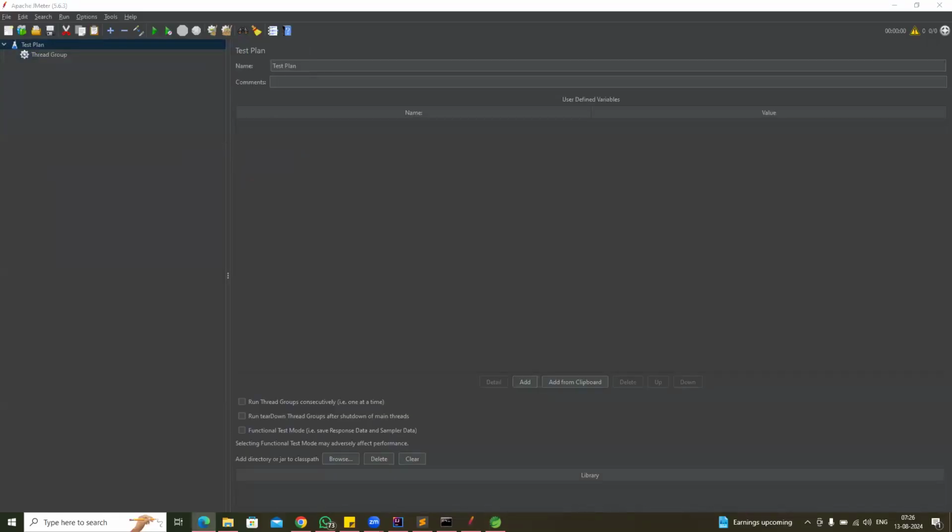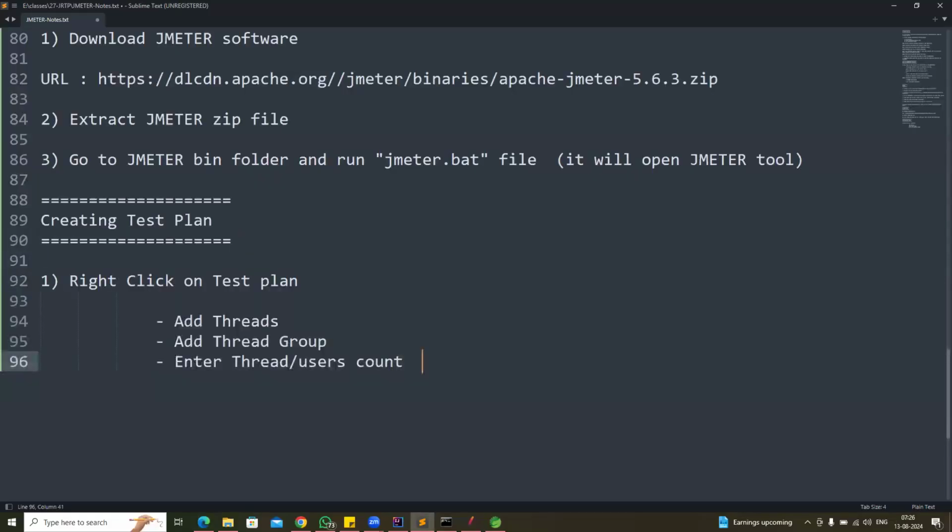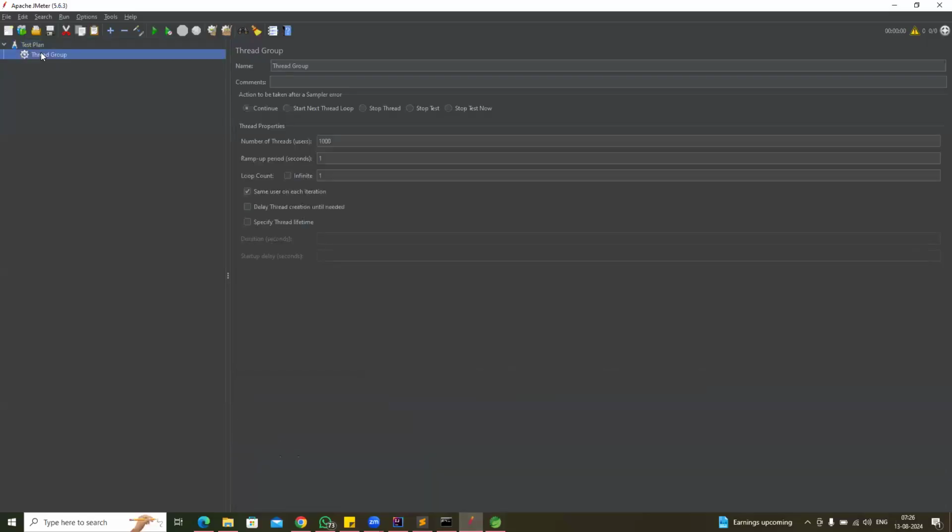So with this thread group, you can specify how many threads you want in order to test your application. Right click on the test plan, then add threads, then add the thread group, then enter the thread count, how many threads you want in order to test your application. Once the thread group is created,